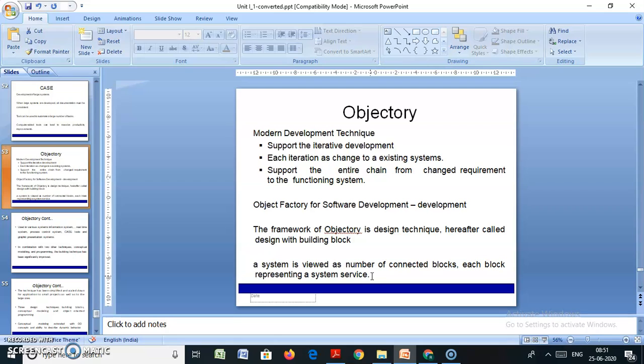Those service packages are implemented in the coding phase, and they are converted into building blocks that will be stored in the production department. We discussed in the previous lecture the sales department, production department and development department.